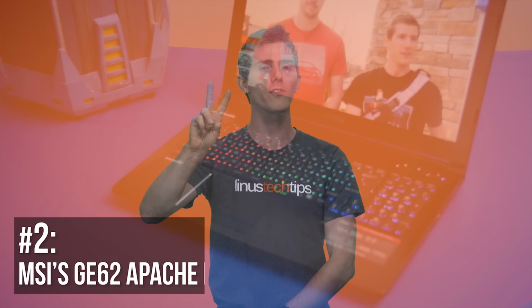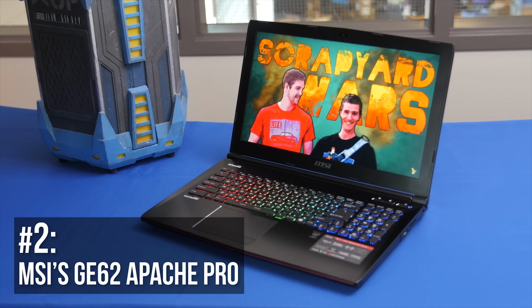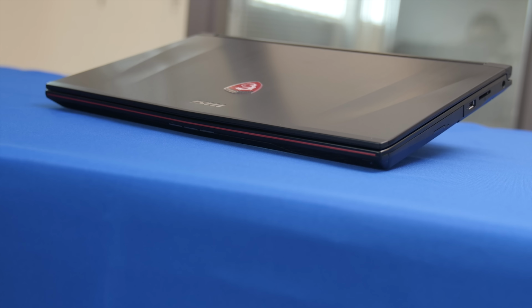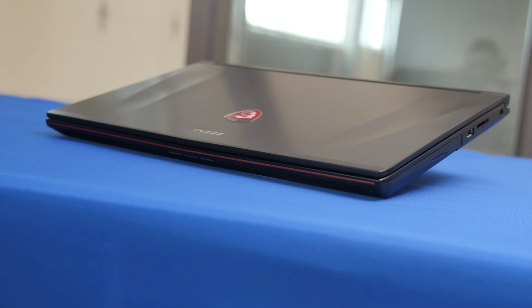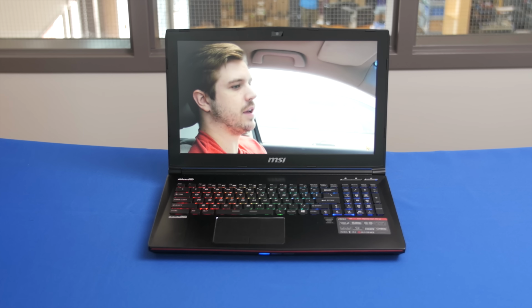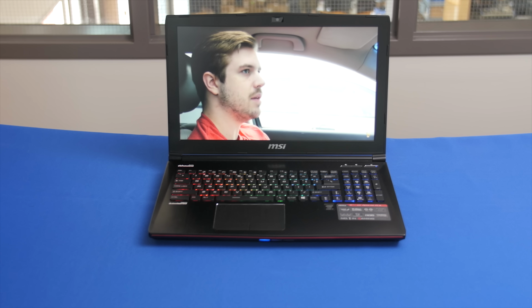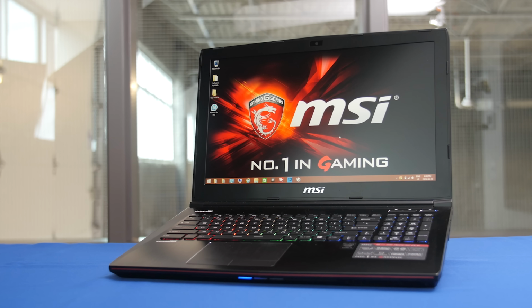Which I guess leads us really nicely into number 2, the first of our more premium options, MSI's GE62 Apache Pro. While there are a lot of gaming laptops out there for folks who want to do more than just study, few of them strike the balance between size, weight, horsepower, and cost that the GE62 has found. It's big enough to handle cooling the Core i7 quad-core inside, but not so large that it's horrible to carry